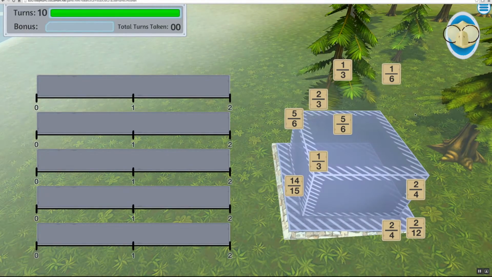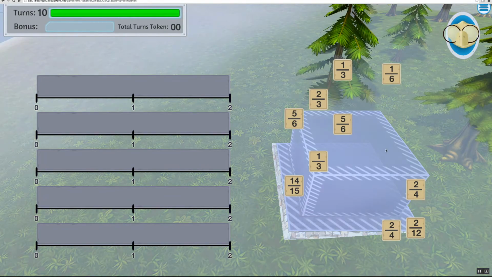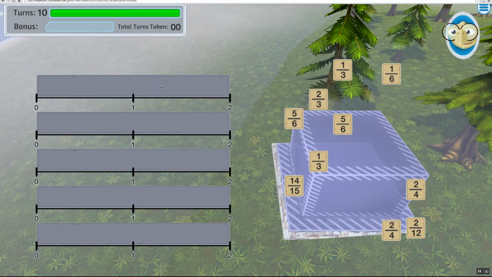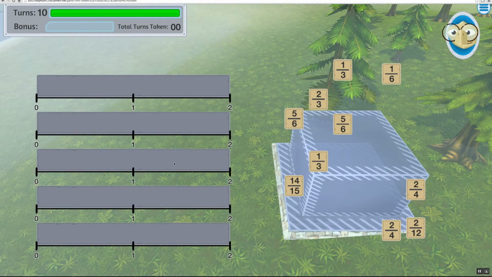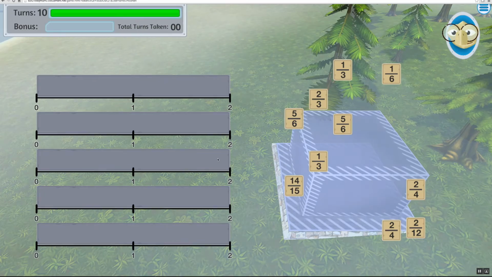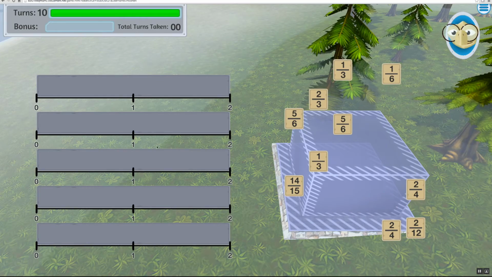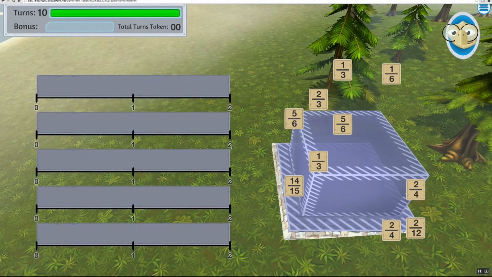Here is an initial inventory of bricks that I can use to start building, and the way you build is you have to fill these rows. They are templates for building, and they also happen to be number lines. So you fill a row with exactly 3 bricks, and those 3 bricks have to completely fill the row. 3 bricks have to be exactly 2 units. Once you've filled a number of these rows, you can submit them to your building, and the bricks get laid